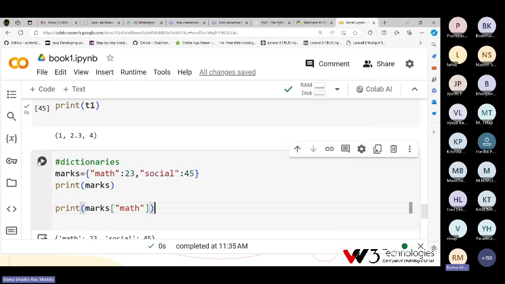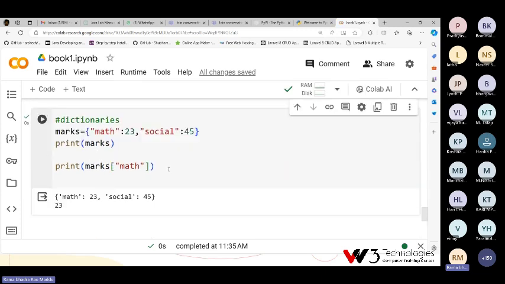If I give math, the value will be returned, so 23 will be shown here. If I use social, that value will be returned. What is the syntax here? I am using marks, and in square brackets I am using the key. It will return the value.